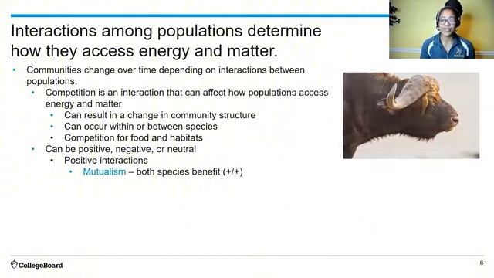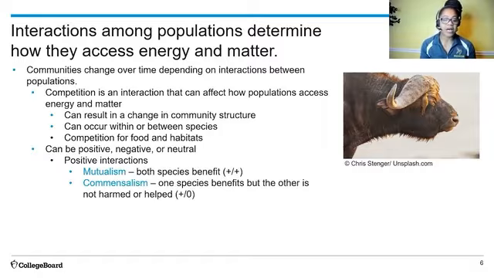And so here we have a picture of a mutualistic relationship. If you look very closely, you'll see the bird is actually near the eye of that mammal there. And they're picking parasites and insects off of the animal's fur. That benefits the bird because it's getting a food source, and it benefits the mammal as well because it's getting cleaned, getting the parasites taken off, which is a very helpful thing to happen. So that would be an example of a positive or a mutualistic relationship.